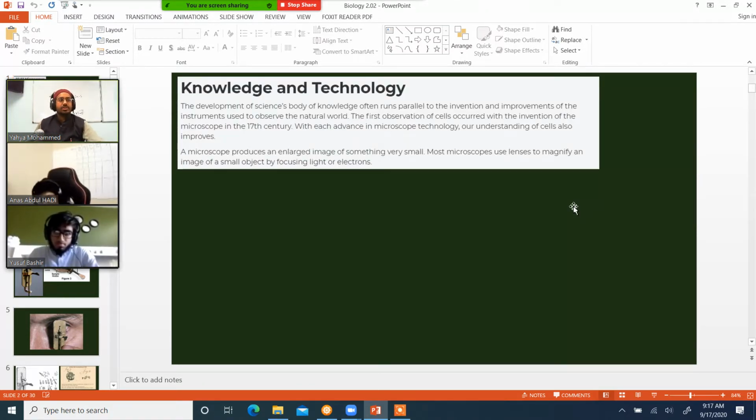So, knowledge and technology. Basically, the idea here is that a lot of times, in order to advance in one field, you have to first advance in another field. So if you say, I want to study more and more biology, sometimes that's limited by how much engineering and physics and other things have progressed. Why? Because you need those other subjects in order to build tools so that you can study biology.